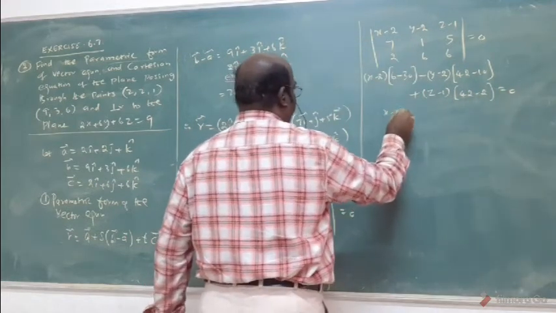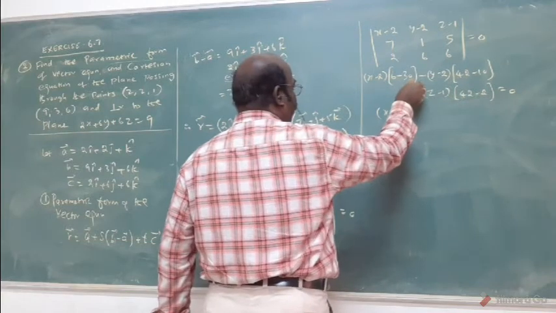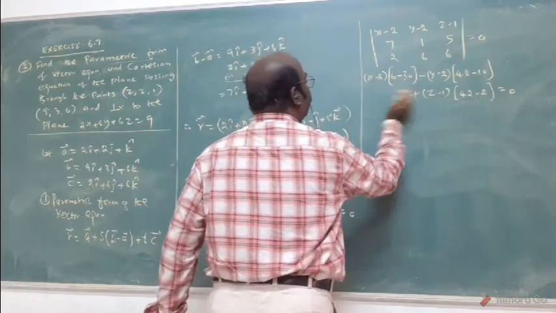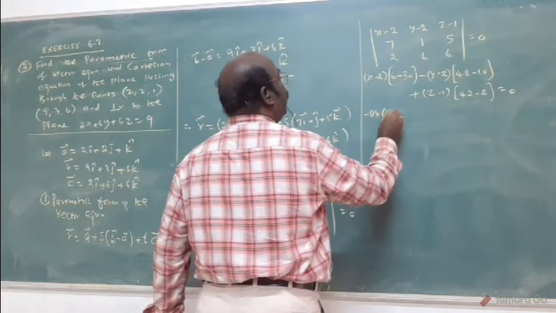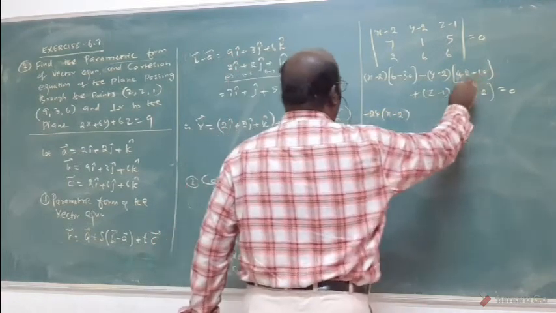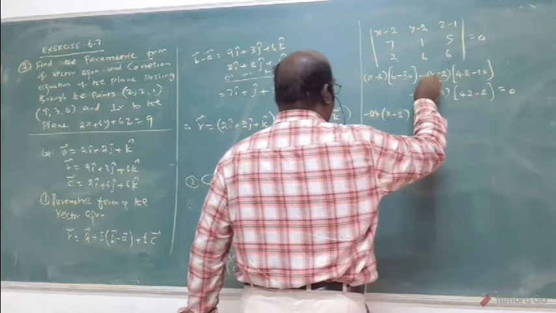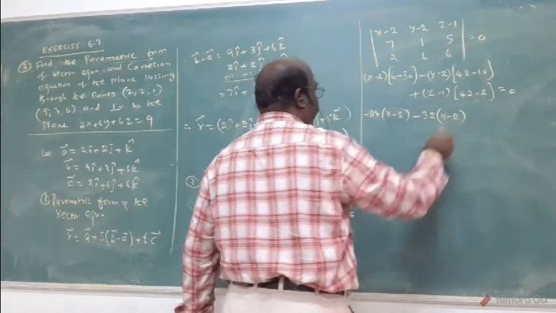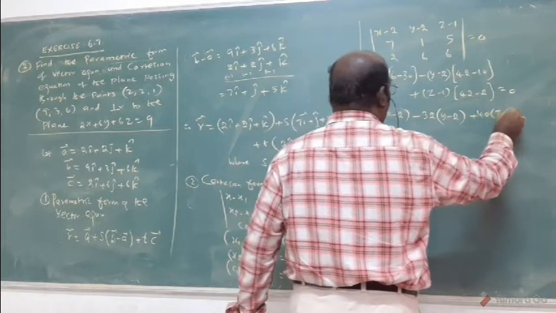Now, x minus 1, what I told you? Subtract both, minus 24. You write in front of the bracket: minus 24 into (x minus 2). Here, subtract both, 32, and minus 7. Minus 32 into (y minus 2), close the bracket and make the answer. Here, 40 plus 40 into (z minus 1).